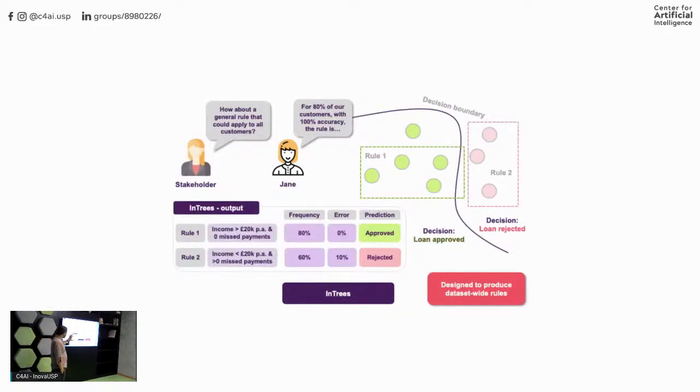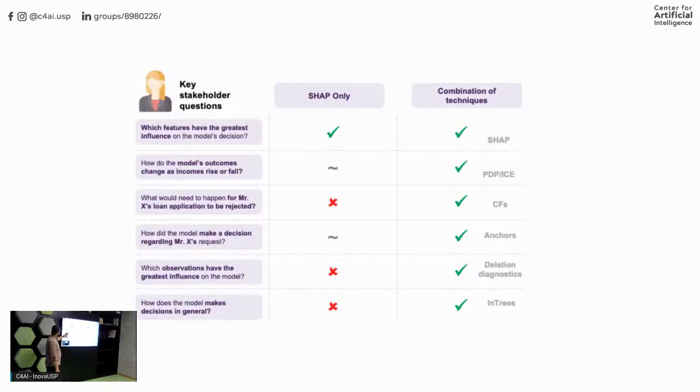And finally, there is a global rule. So all of these were local. There's a global rule that kind of looks at the overall decision boundary and again comes up with rules for it. Okay. So if you go to the next slide here, what you see is that you can basically look